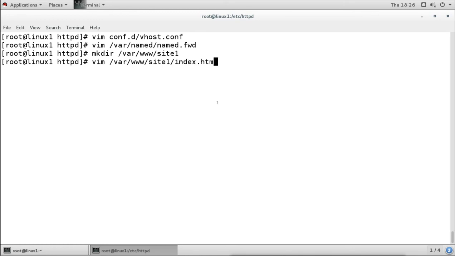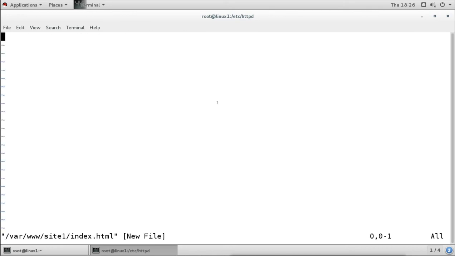Remember, you will make sure the name of the home page file will be index.html. And then here we can add the syntax of HTML. Like if you know how to create the pages, then you can add here whatever the syntax you want to add.